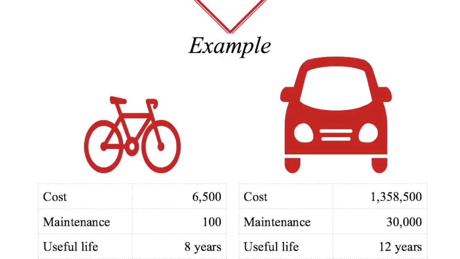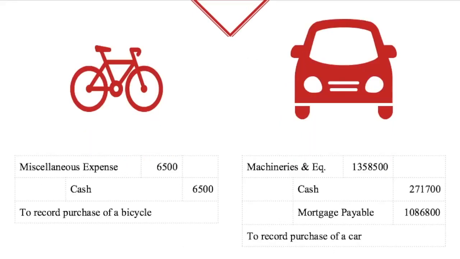Let us assume that a very large company made the following purchases this year. One is a bike for use by the delivery man to run small errands, while the other is a car for the use of its CEO. In this case, both of these assets have long periods of useful life, but the company accountant decided to expense outright its purchase of the bike since the amount is immaterial, as compared to the purchase of the car, which was capitalized. The entry to record each transaction is as follows.